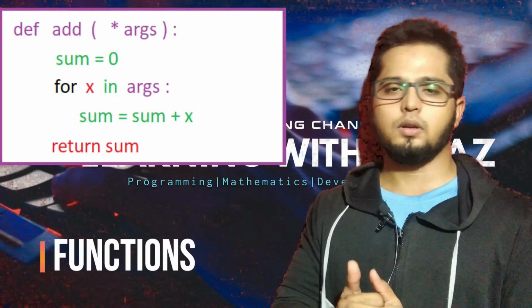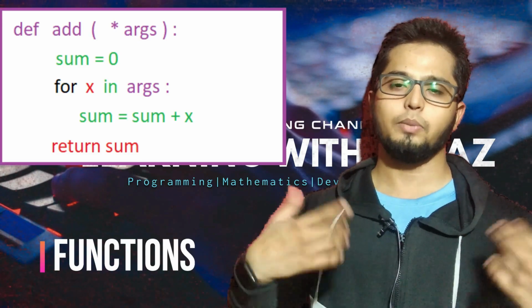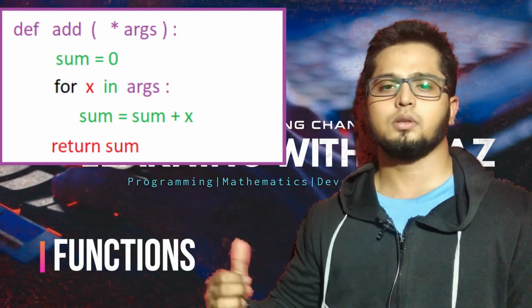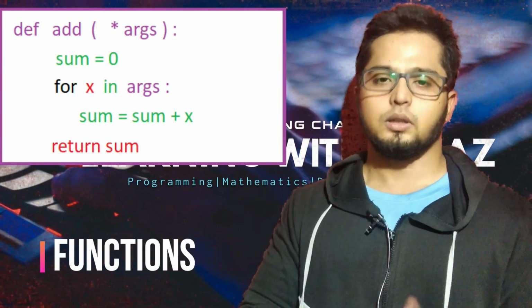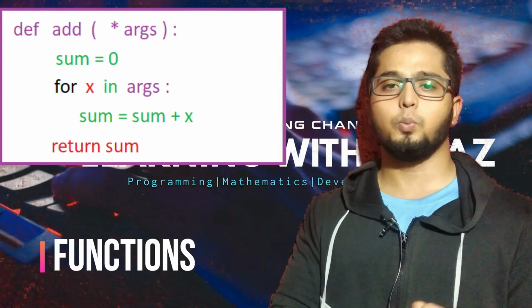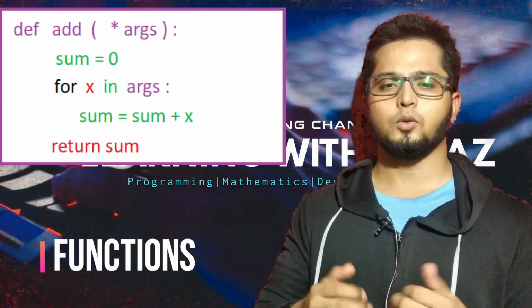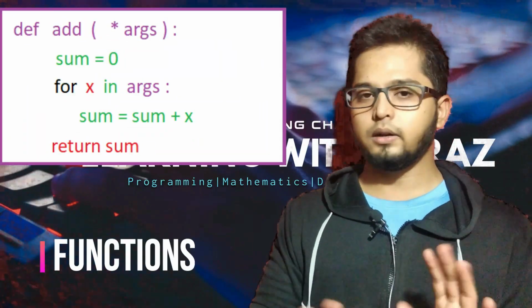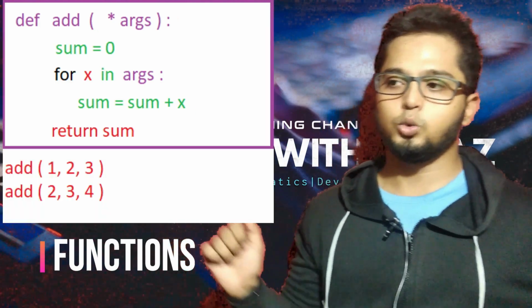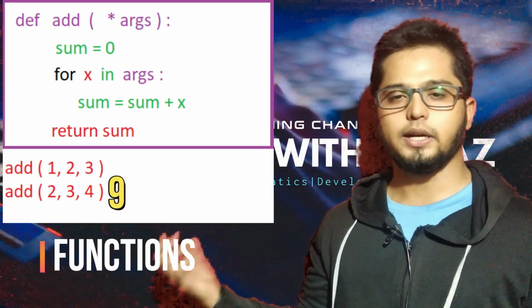And that is how you are going to do variable number of arguments. You don't know how many arguments, just use this asterisk unpacking operator. And always remember, you have to use a loop to utilize every single value that the user is giving to you, whether to add, to subtract, or whatever operation you want to do. So see here, I told you, you have created this function, right? So I am passing 1 2 3. It will return me 6. I am passing 2 3 4. It is going to return me 9.